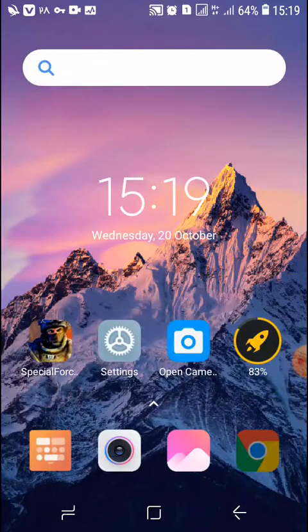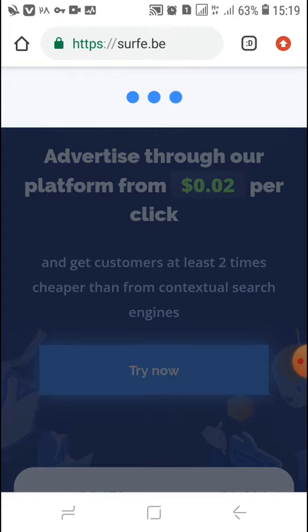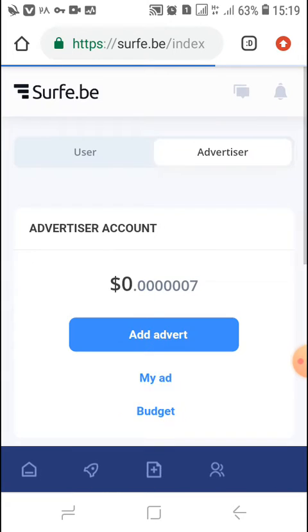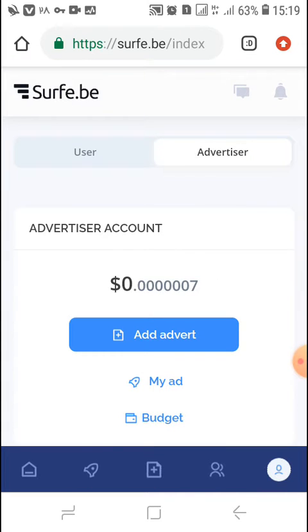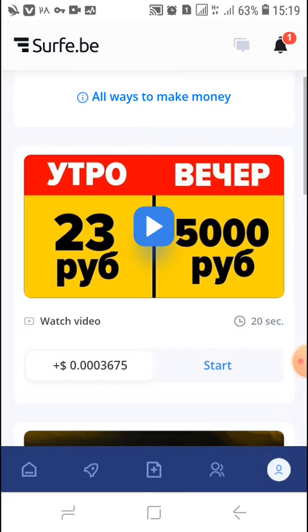You have to come on to your Chrome browser, and this website name is surf.b. I have to log into my account. I have to click on login. After clicking on login, you can see here I have logged in automatically. I have to click on user. After clicking on user, you can see here